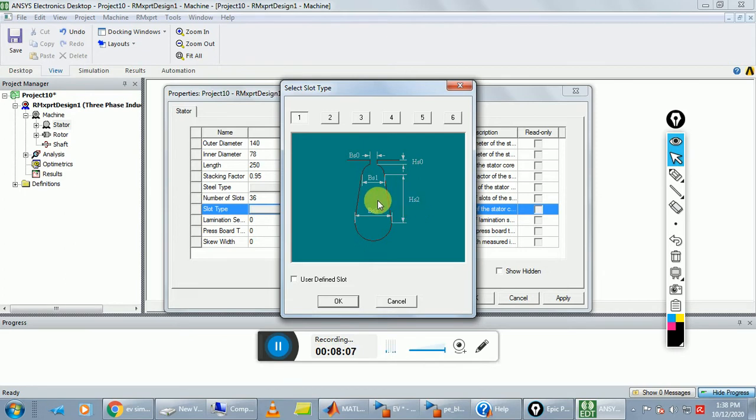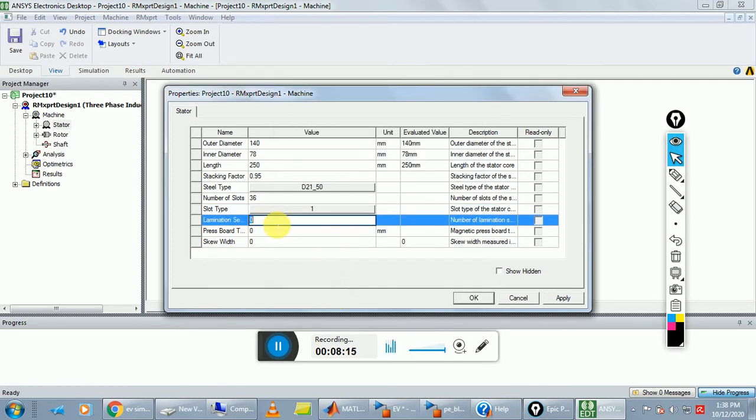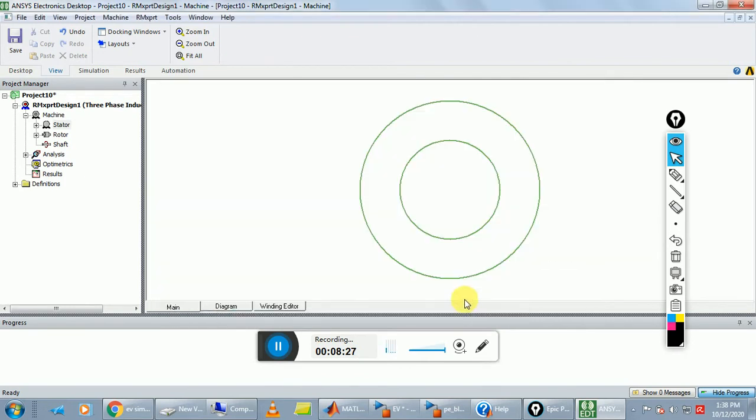Okay, so click on select rotors, stator slot is type 1 and click on OK, and then lamination sector, write down 3, and pressboard thickness and screw width, don't change the value, and click on OK.